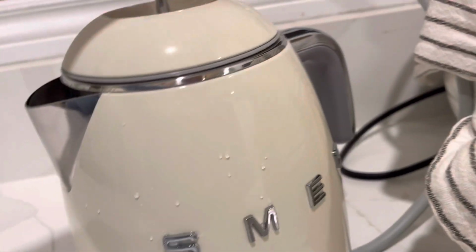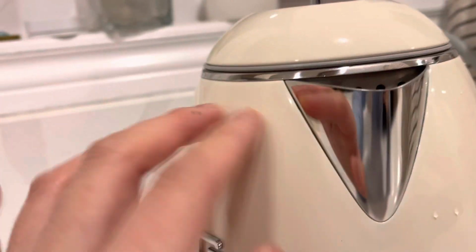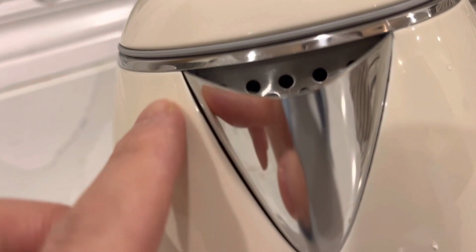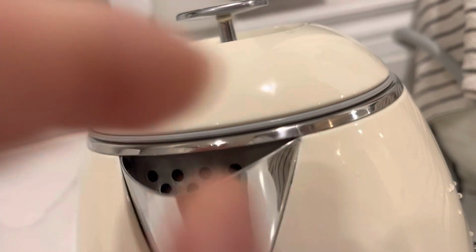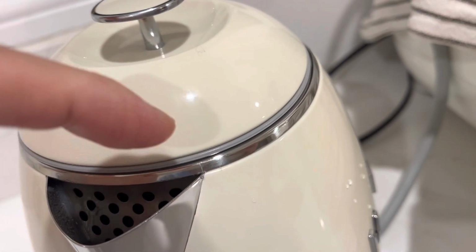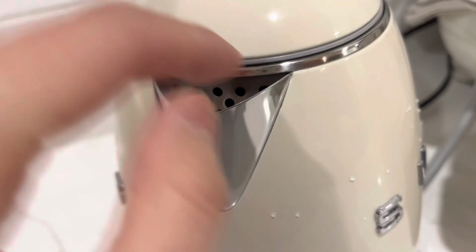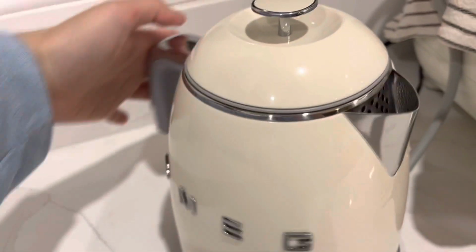Okay, I'm trying to see if there are any defects. Hold on, maybe this is what it's supposed to be. You see there's a tiny gap here between the spout and the body. I'm not sure that's what it's supposed to be. And I see here a little bit of, I think I need to properly clean it up. There's a tiny string here, but I think it's silicone. Yeah, it is definitely silicone. I need to clean it up, but overall, I'm really happy